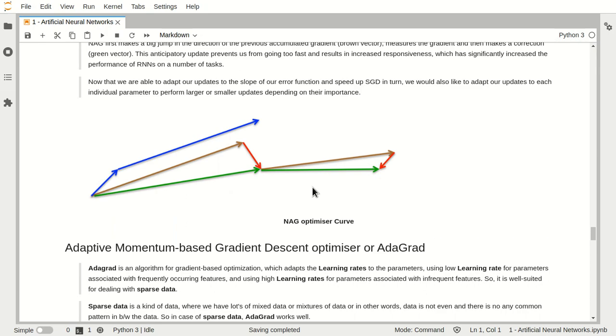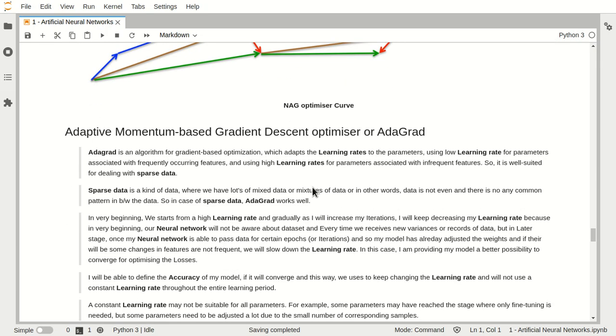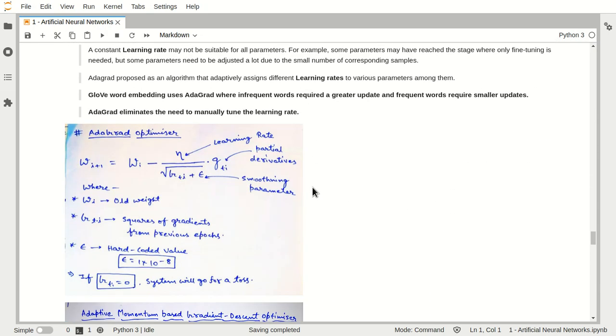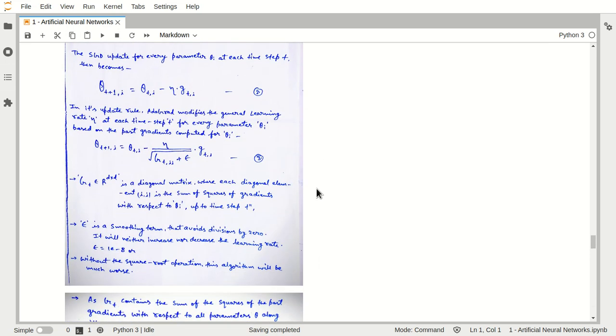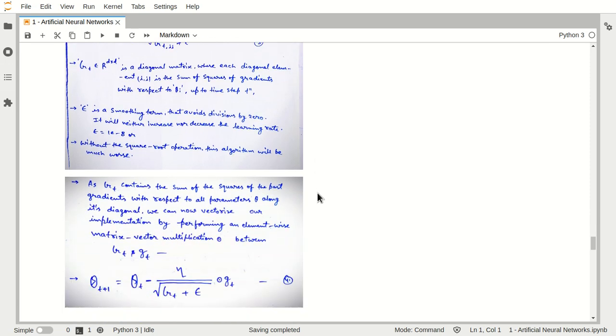So maybe I will take 2 or 3 or maybe 4 classes to discuss each and everything in a very detailed manner, and then you will be able to explain each and everything in front of your interviewer in the easiest way.